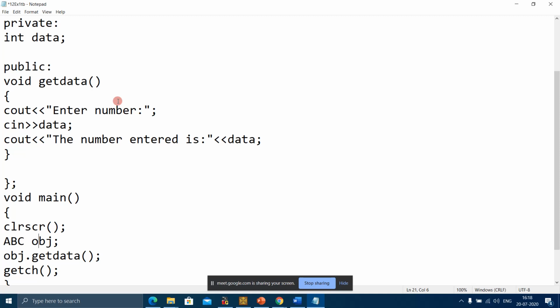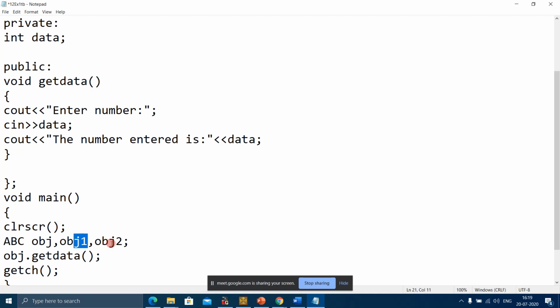Is it clear? So an object has its own copy of data members, and the multiple objects which I told you, obj, obj1, obj2 for example, are multiple objects of the class. All three objects will have their own copy of data members.